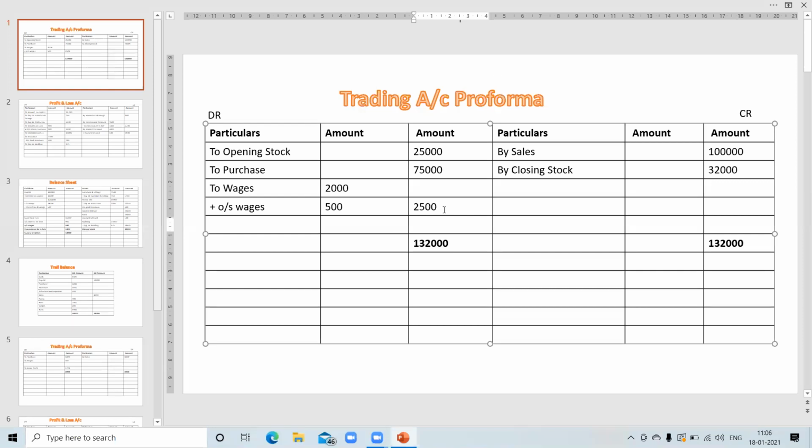So from 1 lakh minus 32,000, we have to less 2,500. So 2,500 rupees minus, just the remaining gross profit 29,500. Yes, so that amount for example we have to transfer to